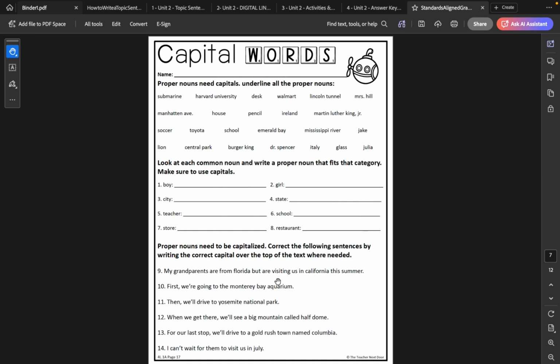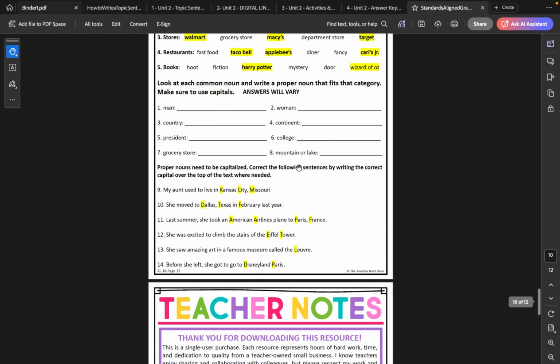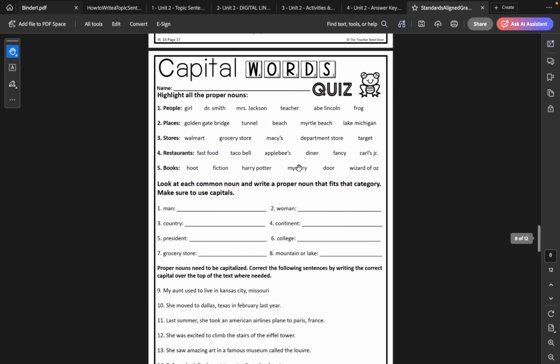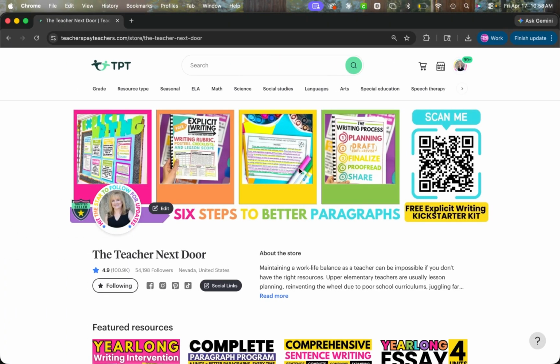Let me explain, and by the way, I want to show you, there are answer keys in here for you as well. I want to show you my grammar system and how I run it in my classroom to get basically the most bang for my buck, and my buck here is the amount of time that I spend in my classroom, how I teach it, how my students practice it,